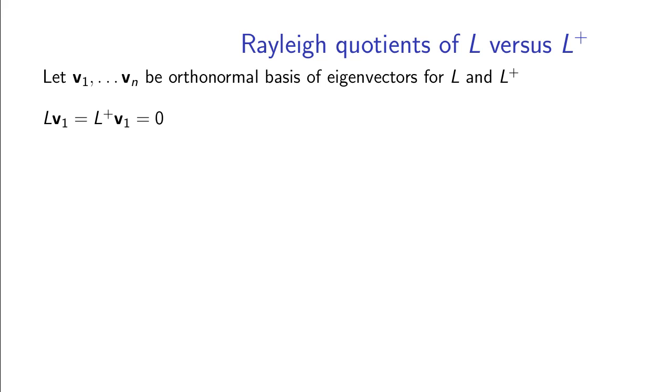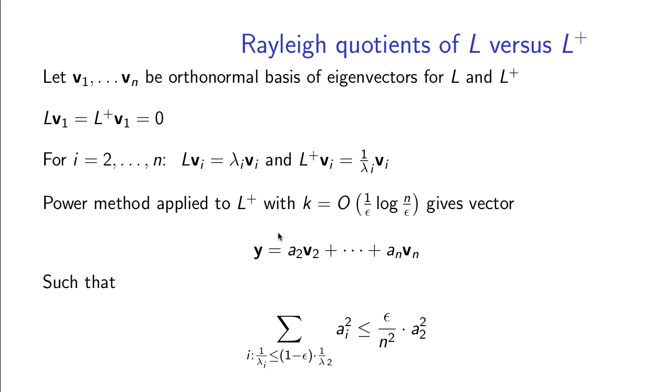But then what is going to be the Rayleigh quotient of this vector with respect to L? To understand this, let's fix a basis of eigenvectors for L, which will also be a basis of eigenvectors for L plus. V1 will be the eigenvector of 0. For the remaining eigenvectors, Vi is going to be the eigenvector of lambda i with respect to L, and the eigenvector of 1 divided by lambda i for L plus. When we apply the power method to L plus to find an approximately largest eigenvalue and an approximate corresponding eigenvector, the output of the power method will be some vector orthogonal to V1